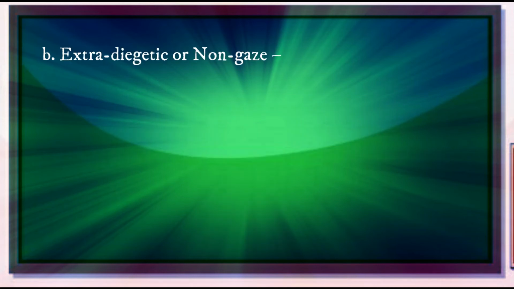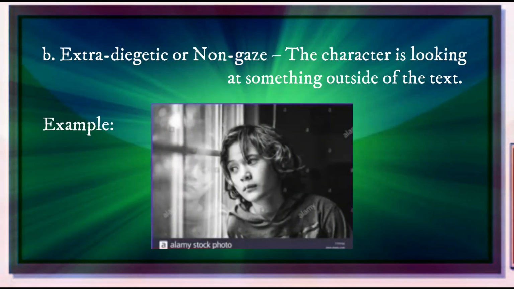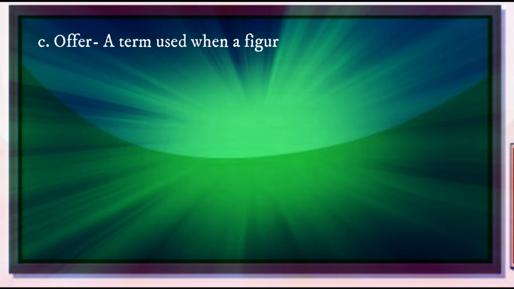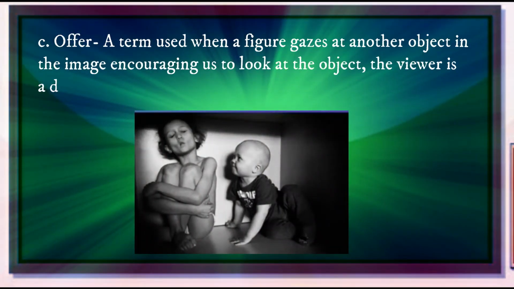Letter B, we have extra-diegetic or non-gaze. The character is looking at something outside of the text. Example is this picture. Letter C, offer, a term used when a figure gazes at another object in the image, encouraging us to look at the object. The viewer is a detached onlooker. Example,